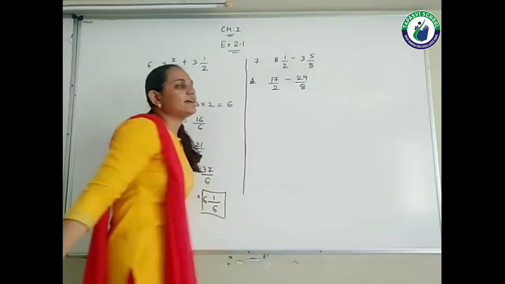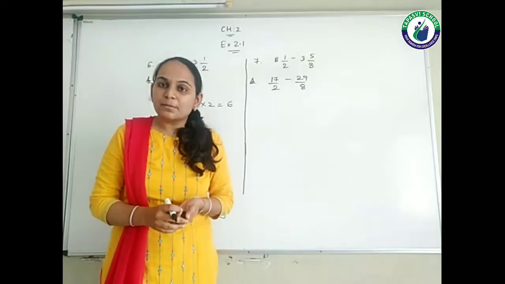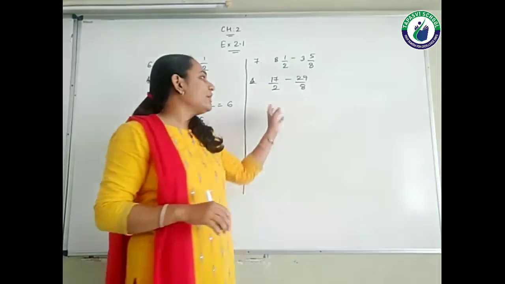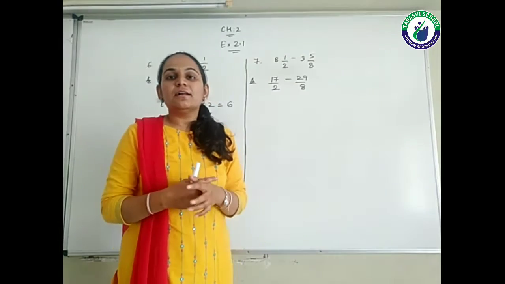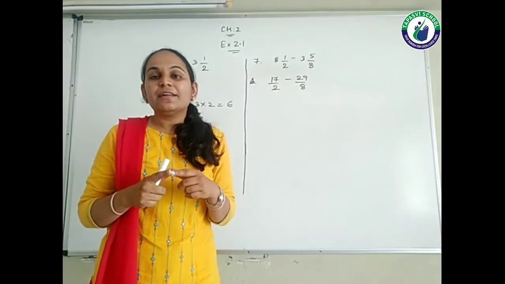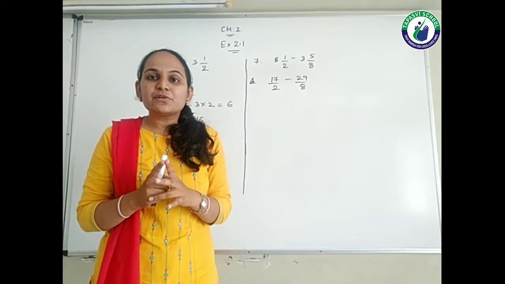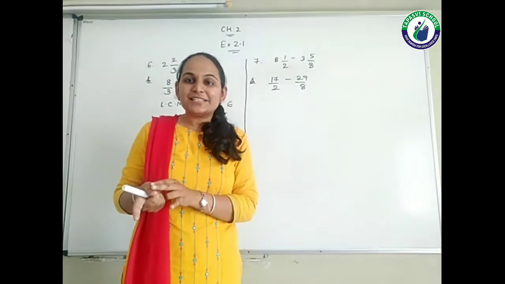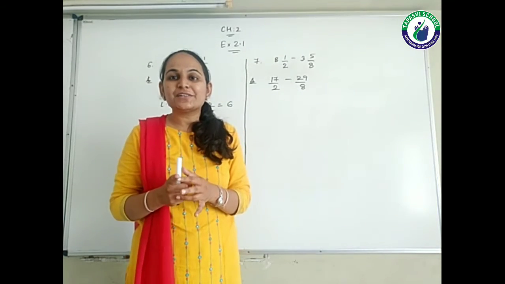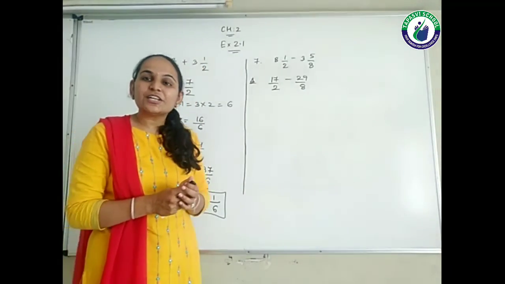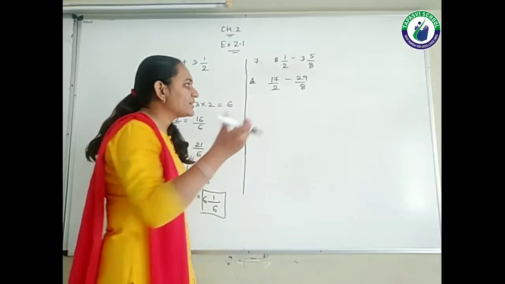So let's first find the LCM of these two numbers, right? One more trick which I can give you. See students, 2 and 8, they are both multiples of 2, right? So if we see the multiples of 2, the one which is the greater one is the LCM answer. So 2 and 8, the answer of LCM will be 8. Still we can check it with the help of the method of prime factorization.